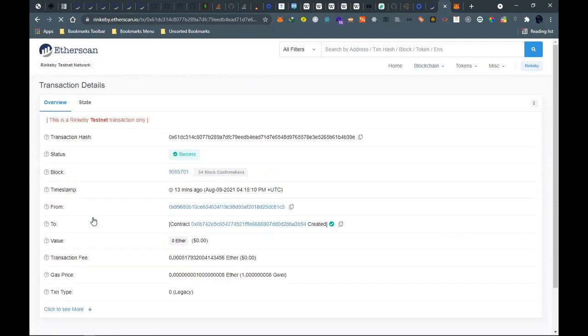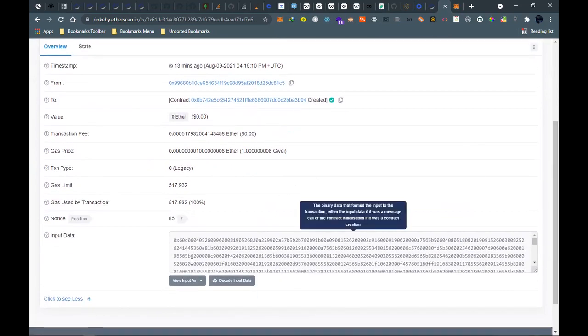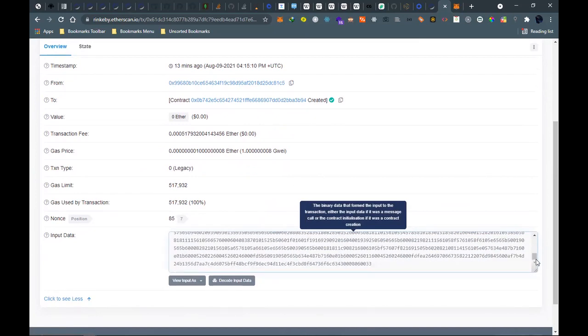And then there is something that I want us to see. So this is the contract that has been created. The moment you deploy, you have a contract that has been created. And then we have this input data. So this is the data that we have sent once we have created our contract.